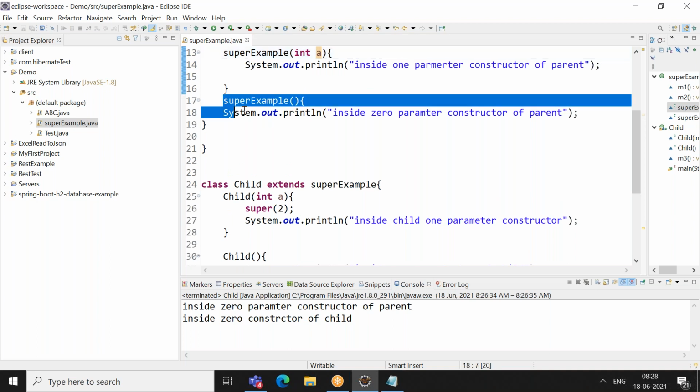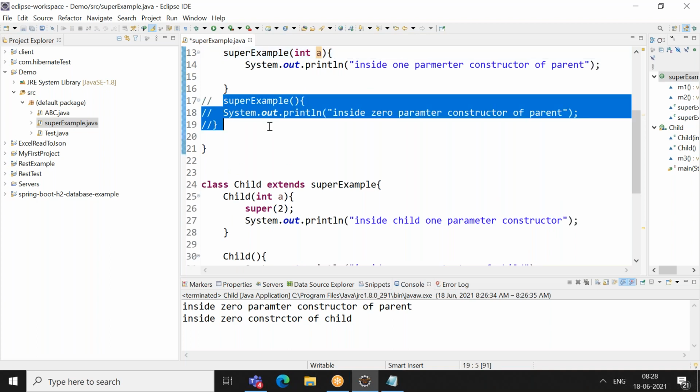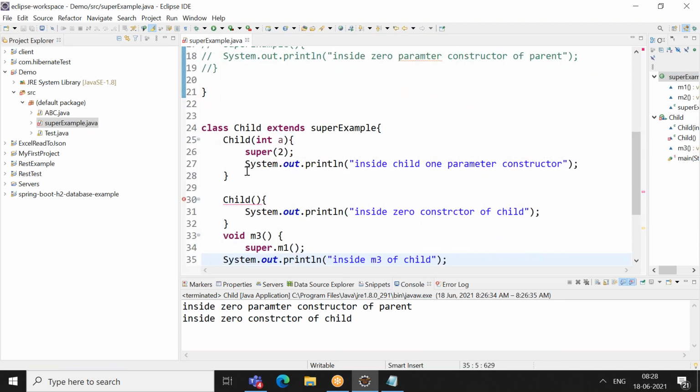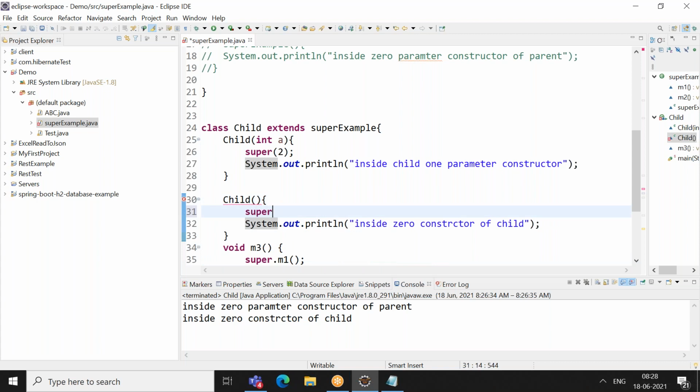So if I comment this out, it will throw me an error. This is throwing an error because the zero parameter constructor does not exist. By default, it will try to create an object with zero parameter, but that does not exist. So you can solve it like this.